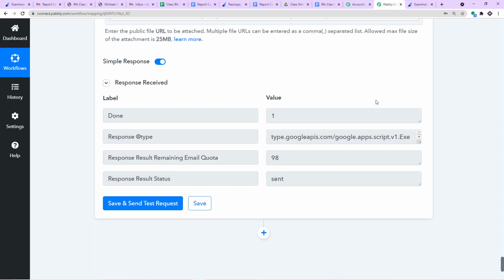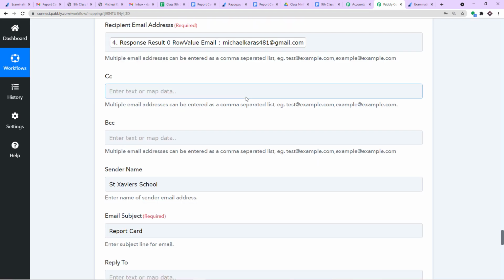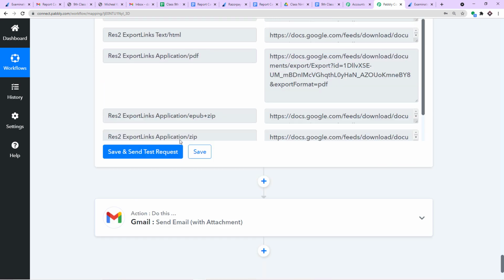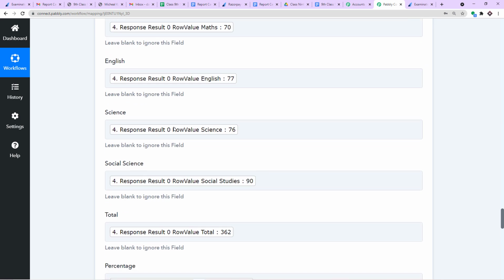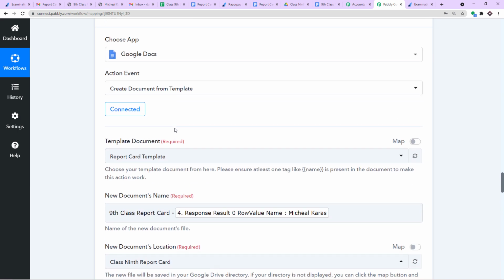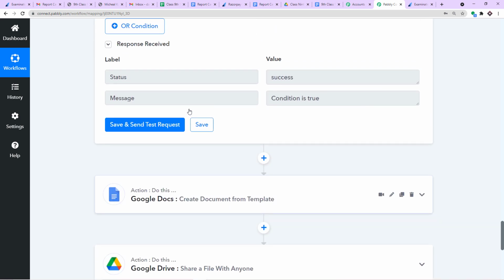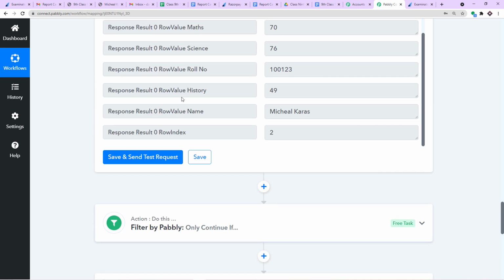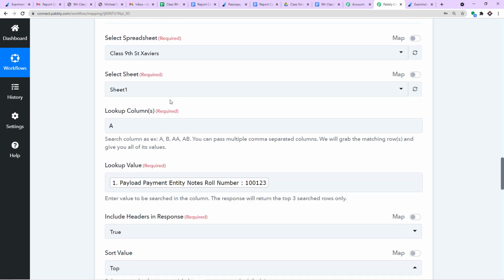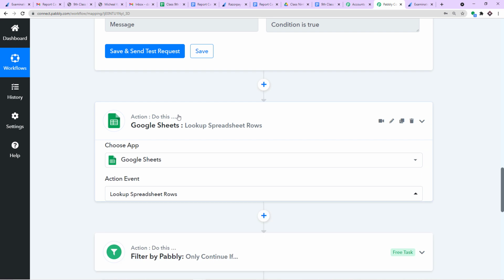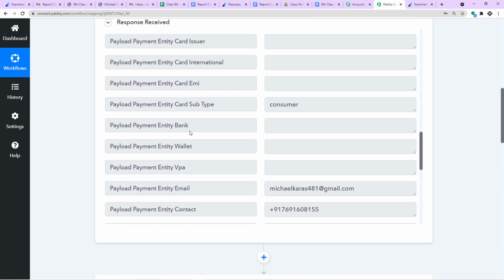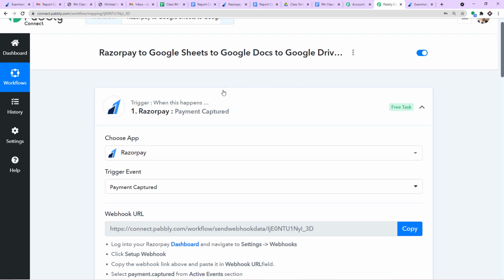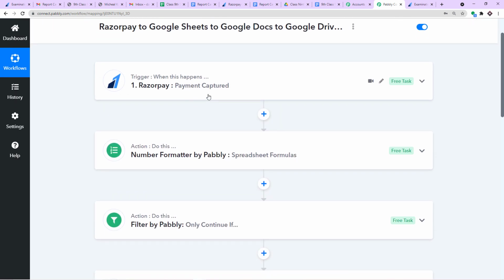Now before you leave, let me just show you the whole mechanism in a nutshell. Let me just minimize this action window, and this action window. I promise you there are a ton of them. There are around 9 steps. But this procedure was totally worth it because the student has to just make a payment and he will be instantly receiving a report card. So let me just minimize the final window. Basically, this is the whole process.